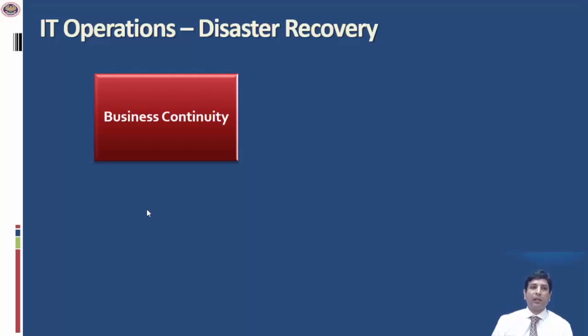Now, in the event a disaster happens, how should the company continue or go on with the business? That is something to be considered by management as a part of the larger IT governance framework. Every company should have a business continuity plan in place. This plan usually has the various risks that can occur, because of which a disaster can happen, and what is the impact when such an event happens, and what are the precautions or measures that the company will take to continue or move on with business.